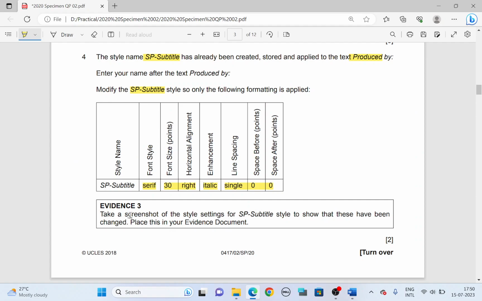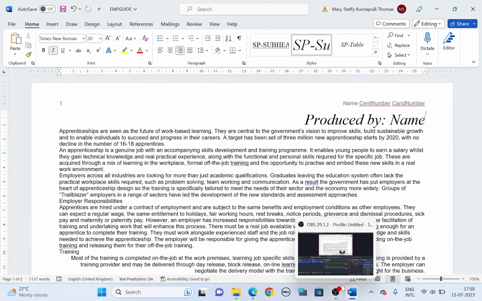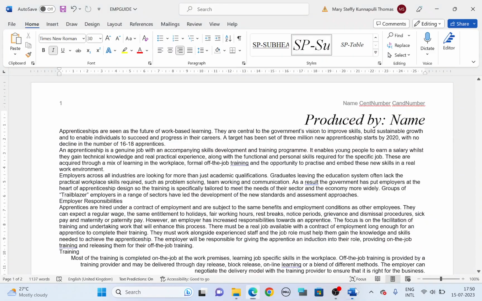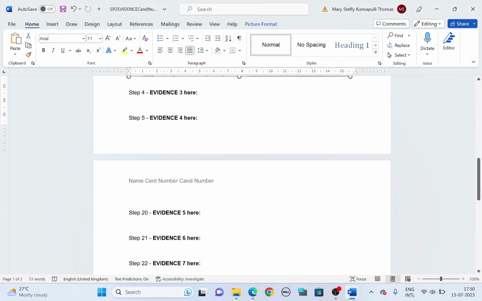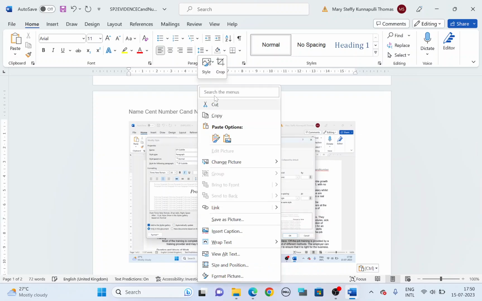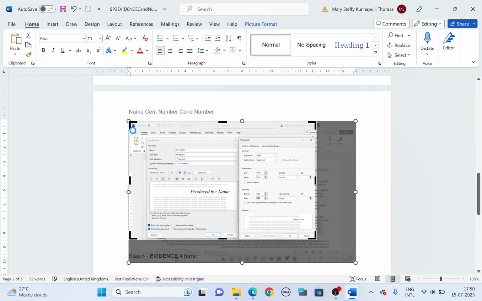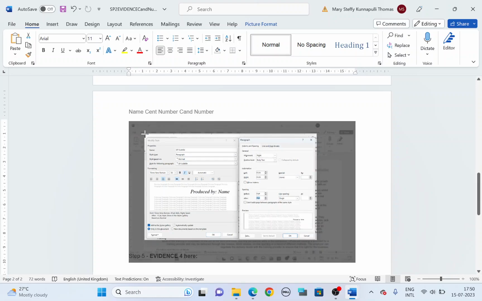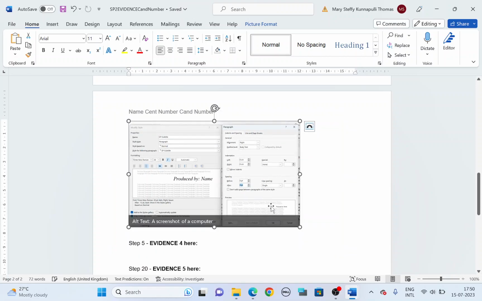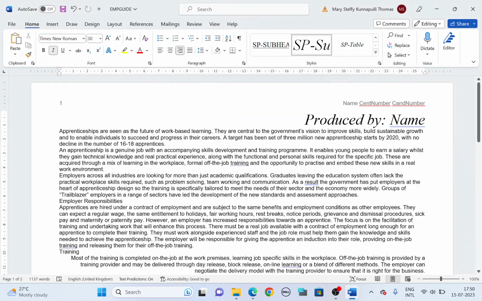So you will have to provide a screenshot of this style setting. Take a screenshot, print screen on the keyboard. Okay, paste this as evidence 3. Under evidence 3, paste the screenshot and crop the picture. Okay, next,